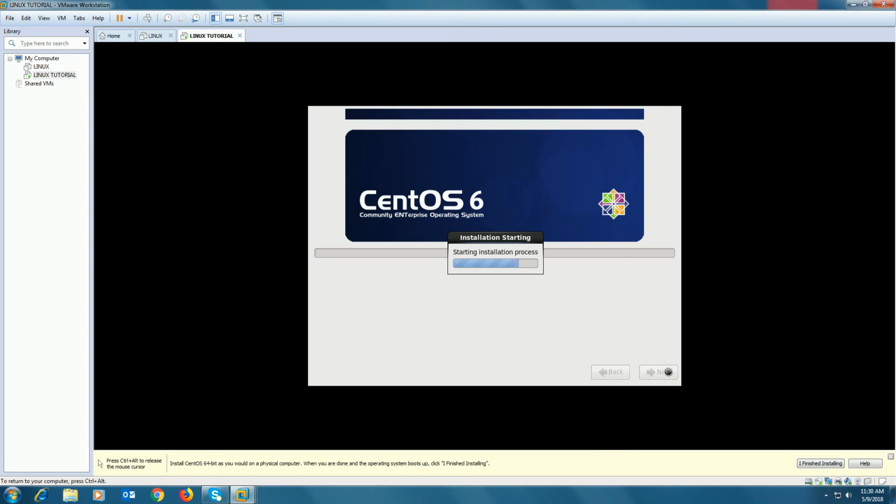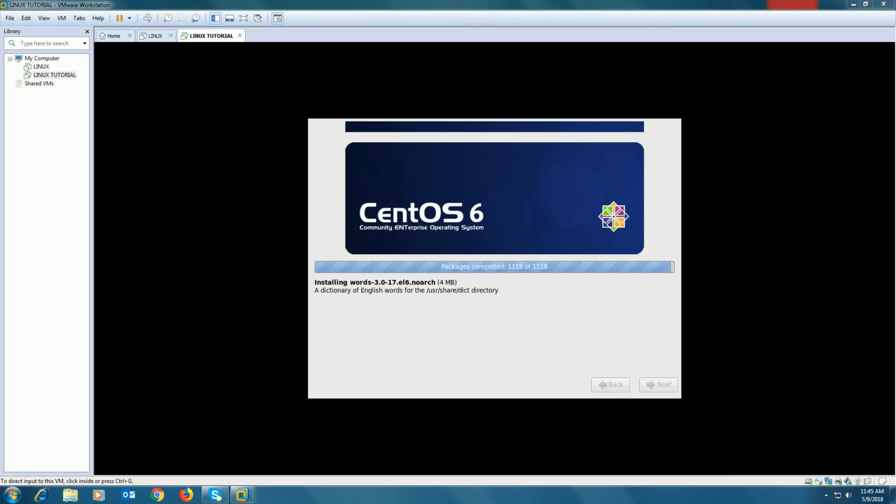Installation process starting. It will take 10 to 15 minutes depending on your system configuration. In this process it will install all packages that come along with CentOS. Almost all packages are installed.